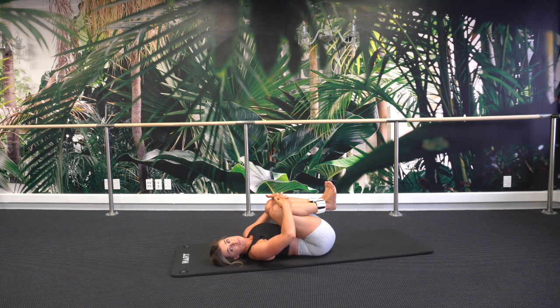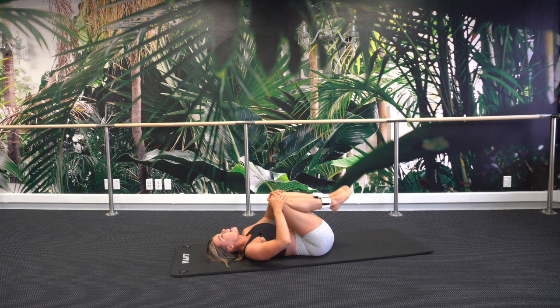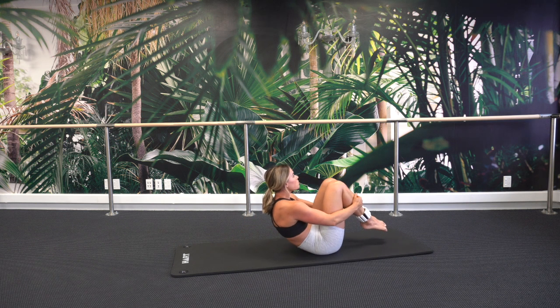Okay, from here, we're going to roll ourselves like a ball up into teaser, okay? Now, if you've been working on your teaser and you're not quite hitting it all the way, work on coming up into your boat pose. I will show you both. But let's start by rolling ourselves into a little ball, hugging into those knees,